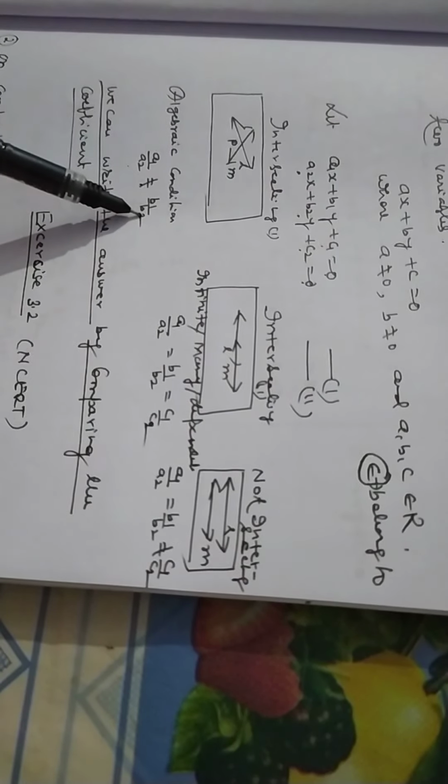Now we write here the general equation, linear equation of two variables. We write here two equations. First is a1x plus b1y plus c1 is equal to 0, and second is a2x plus b2y plus c2 is equal to 0. Now, these two linear equations of two variables represent straight lines, and if these two lines intersect at a point, then we'll get this type of graph, and we'll get this type of condition: a1 by a2 is not equal to b1 by b2.